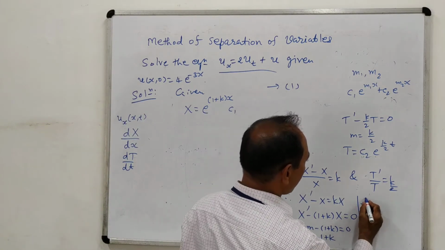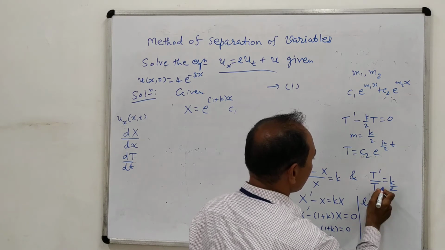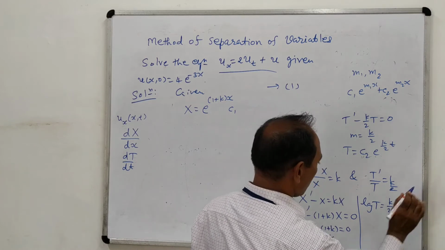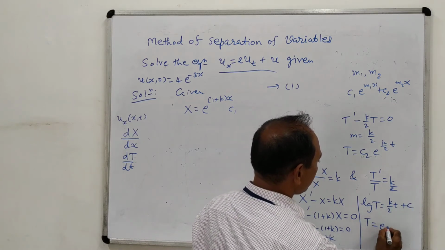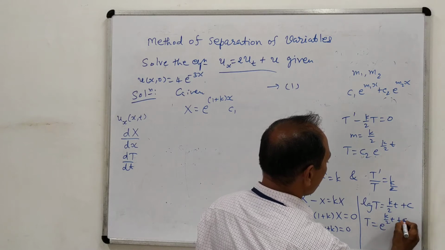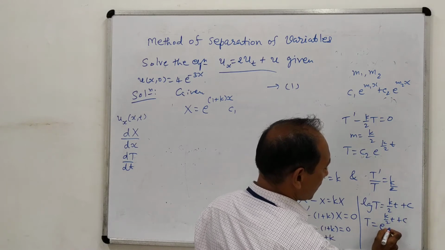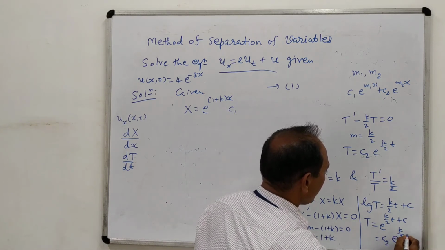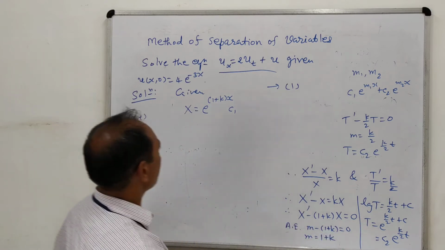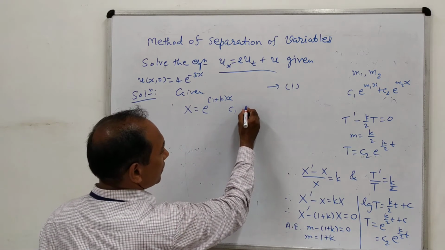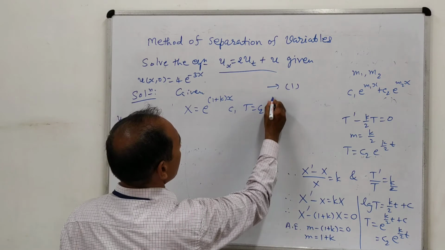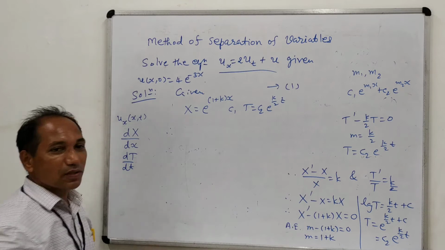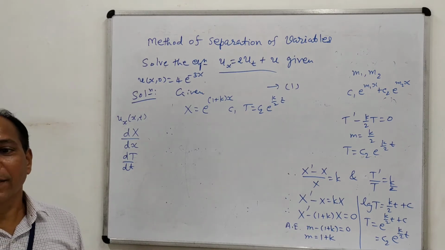Or else you can also write down this is the integration very easy, log of t, and it is k by 2 into small t plus c dash, suppose. So t equal to e raised to k by 2 t plus c. So e raised to c we can separate out. e raised to c is some constant, so we give it the name c2, e raised to k by 2 into t. So in this way also you can solve this part. So here we have capital T equal to c2 e raised to k by 2 into t. So therefore we have obtained the two solutions, the two values of capital X and T.